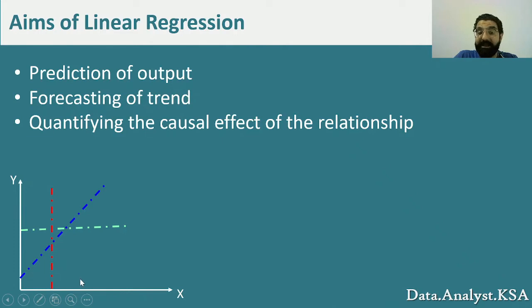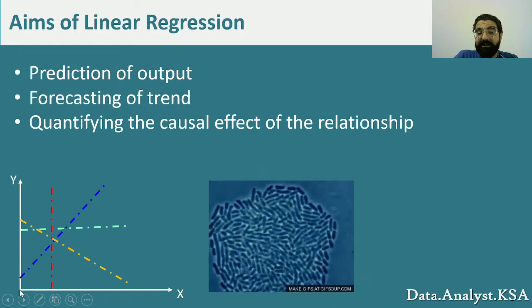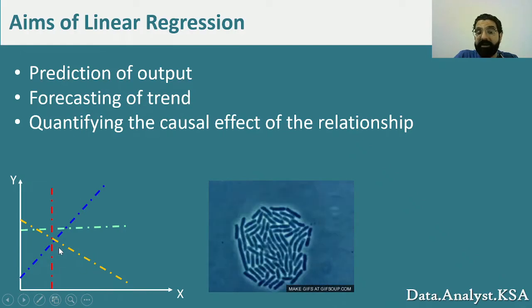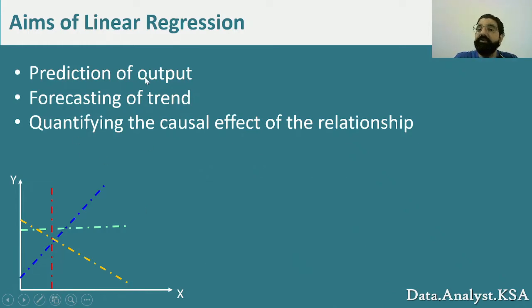Because it seems like as x is increasing, y is also increasing at a similar rate or even a higher rate. And also it could be decreasing. So if x is increasing, y could be decreasing with a high trend also. For example, if we're talking about the dose of the antibiotic in x and the remaining number of alive bacteria, we can say that at dose 0, this is the number. As we increase the dose, it's decreasing by this much. So these are the three main benefits that we are trying to get from fitting a linear model into our